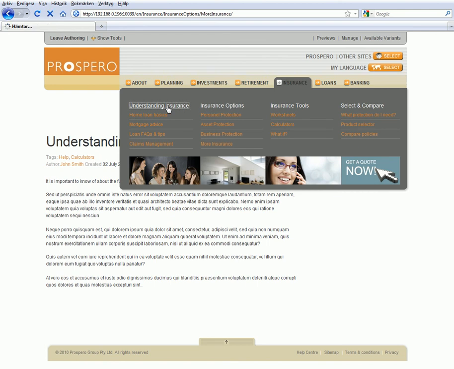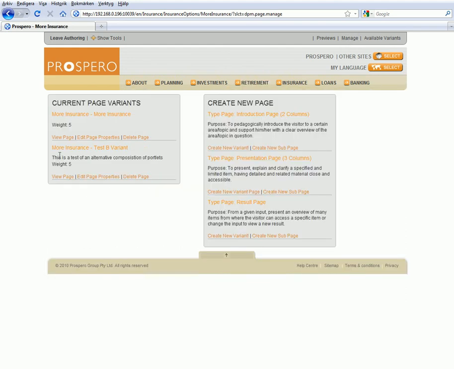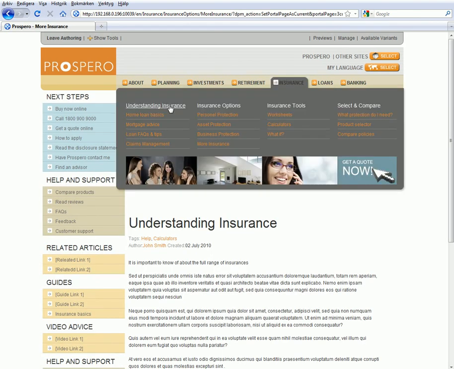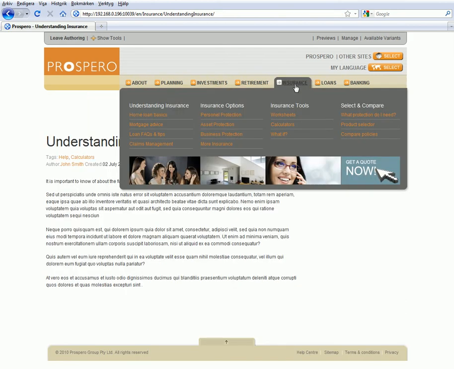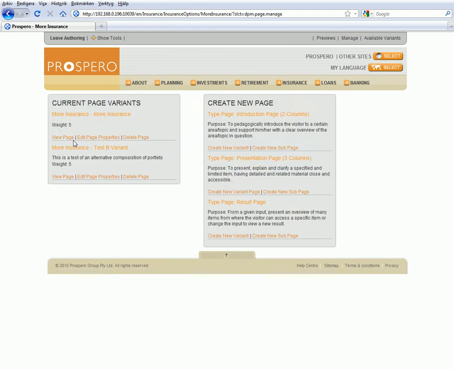Now if we go somewhere else on the website and we go back to more insurance, it's the B alternative we see. Now if I set the original variant like this, you can see, let's go somewhere else and let's go back again, more insurance, and you can see on the same URL we now have the alternative variant page. But this is in authoring mode where we explicitly set the variant to display. So again we go back to variant B